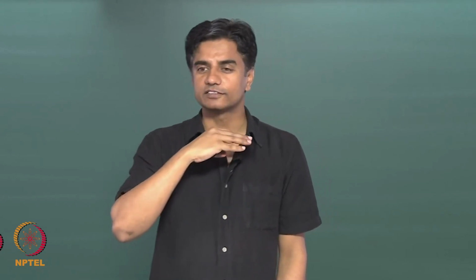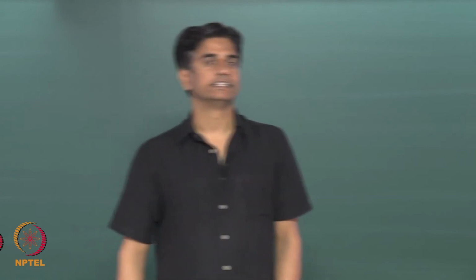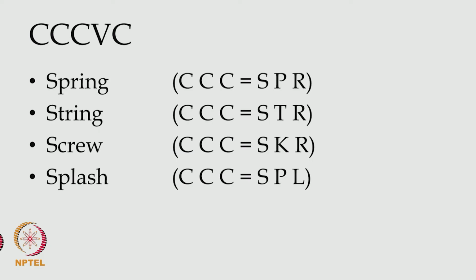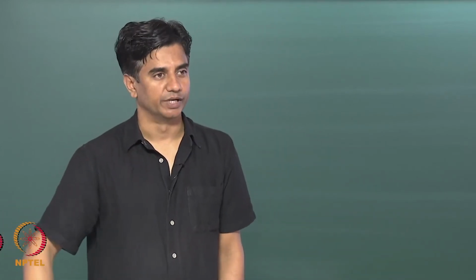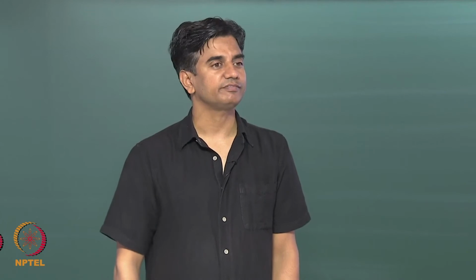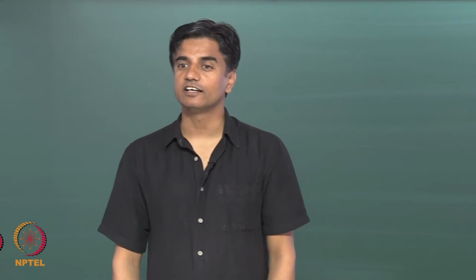You can come up with 100 words, but they all are going to have sounds like second one can only be pa, ta, ka. Okay? One of the three. Now, what's common in one of the three? We are going to look at that in a moment. And the third one can only be either ra or la.